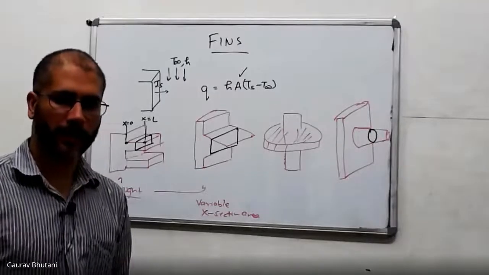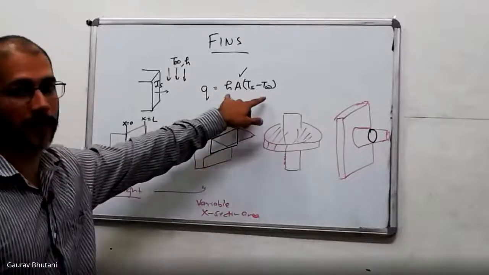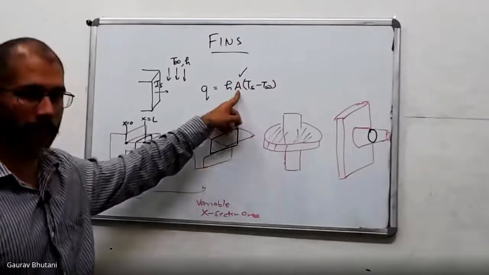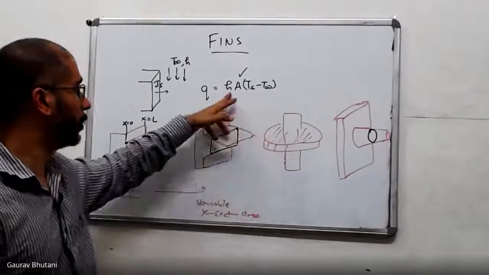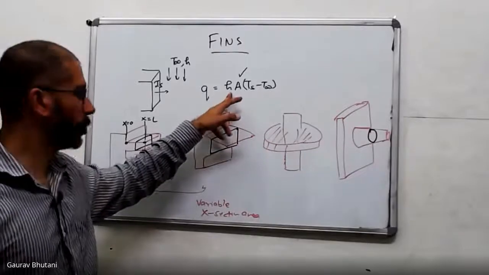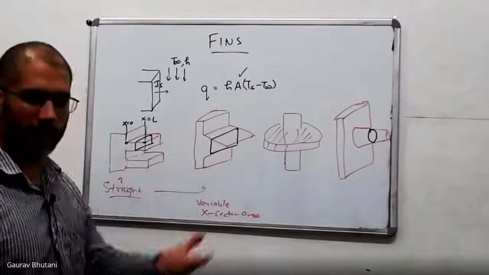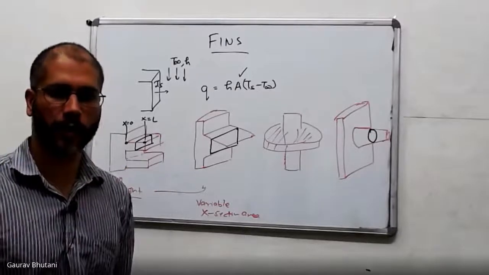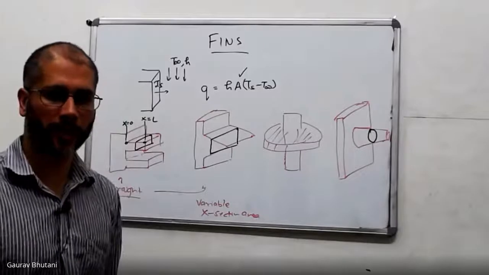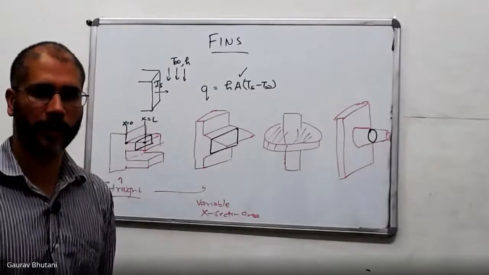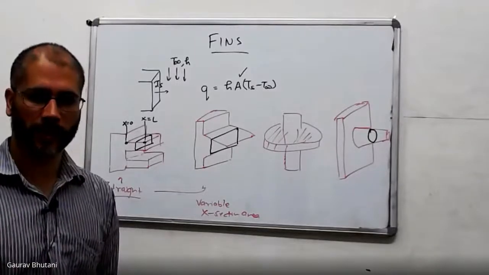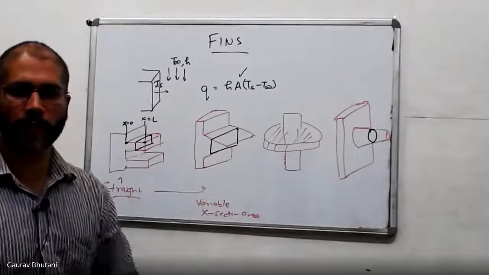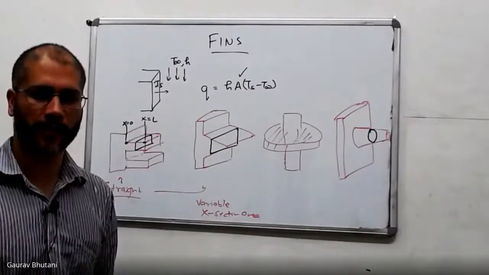So remember that without any convection, there's no point of having a fin. Ultimately, you're increasing A for a convection mode of heat transfer. So they are both working. You increase your H by putting a fan, and you also increase the A through the fin. Now it depends on the problem. I'm not saying that you should not increase H. It may happen that it is more cost effective to increase the H by putting a fan in the computer, etc. But that does not mean that fins are useless. Fins definitely add more area. If you use both of them together, then you can increase the rate of heat transfer further. So it's more situation specific.